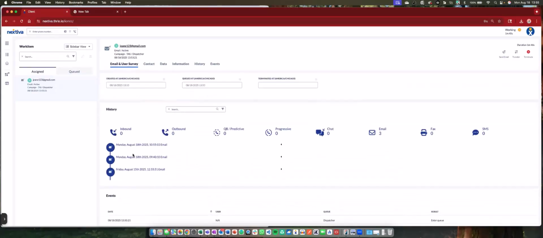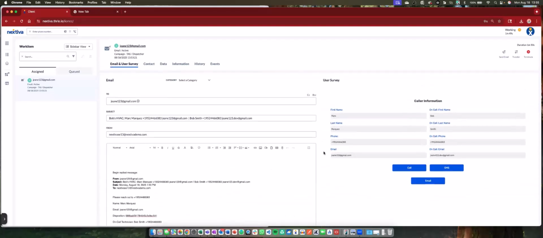I can see there's some emails that came in throughout the week. And then I have the ability to now either call Bob directly to inform him that there is a person waiting for him to call. I can text him or I can email him. Now, again, if Bob, as your customer, did not subscribe to SMS, we can hide that button and that button won't be available.